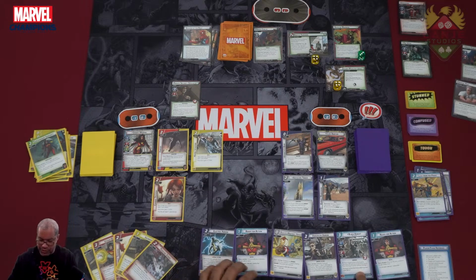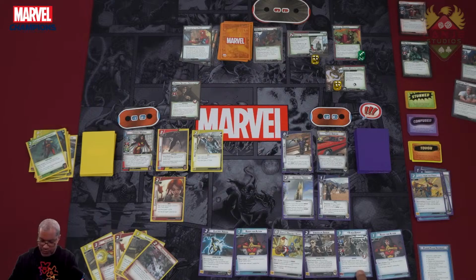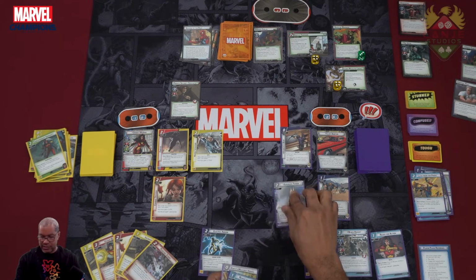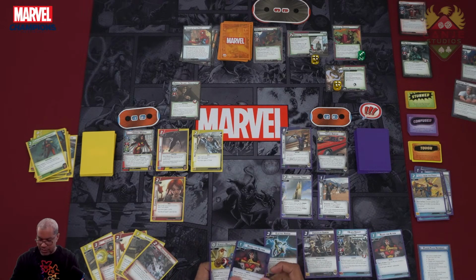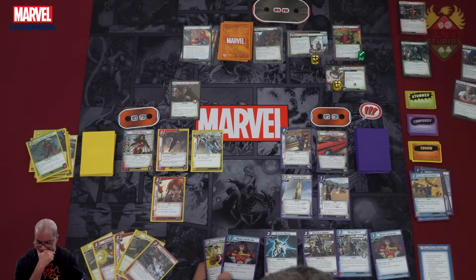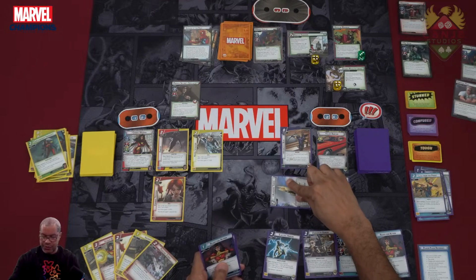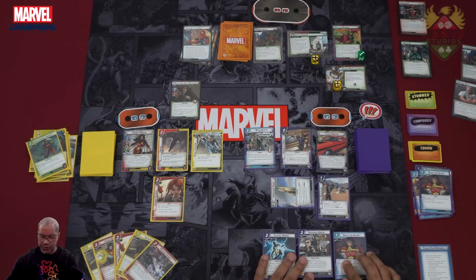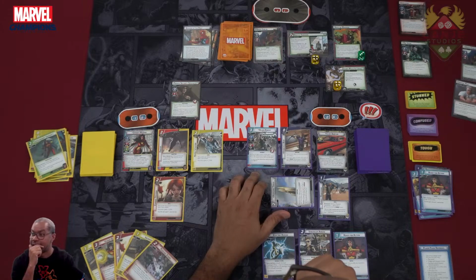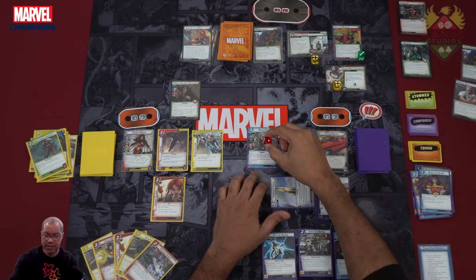I can reduce your costs by this to put out Black Knight. I think I'm okay. So I'm gonna exhaust this to reduce the cost of this. Those two to do it. Black Knight comes out. Black Knight's basic attack gains. So Black Knight's job is to